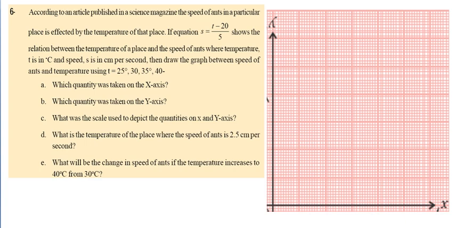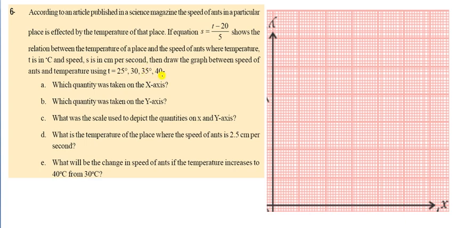Now come to the next question, question number 6. According to an article published in Science magazine, the speed of an ant at a particular place is affected by the temperature of the place, and the equation s = (t - 20)/5 shows the relation between the temperature of a place and the speed of an ant, where temperature t is in degrees C and the speed s is in centimeters per second. Then draw the graph between the speed of ants and the temperature using t = 25, 30,